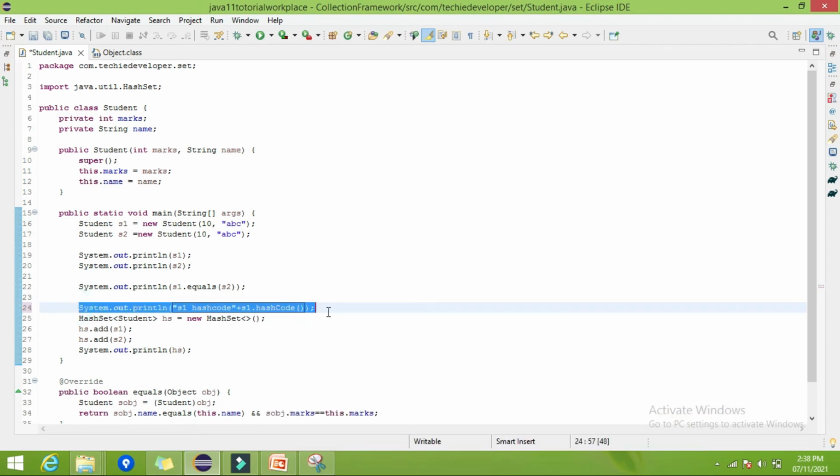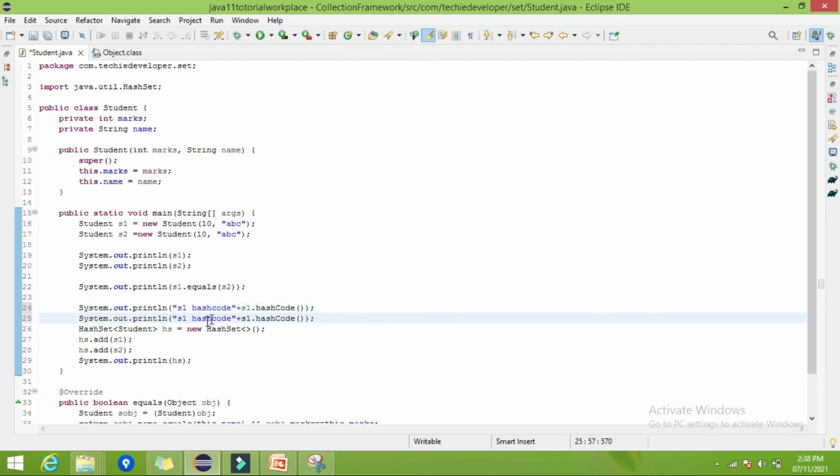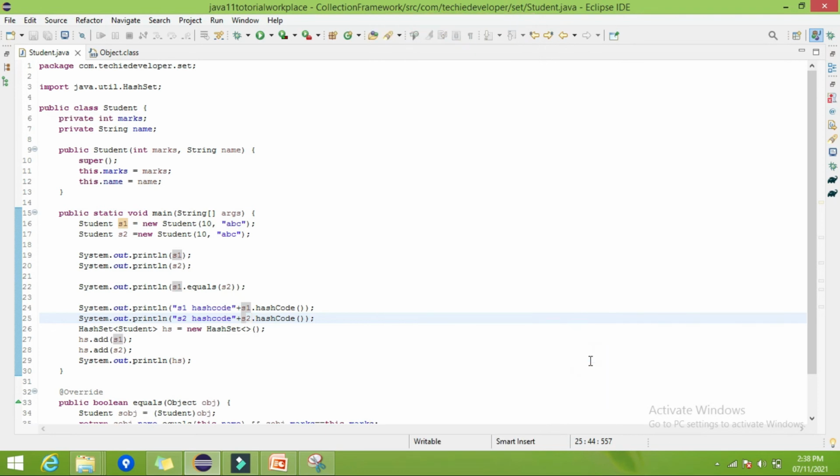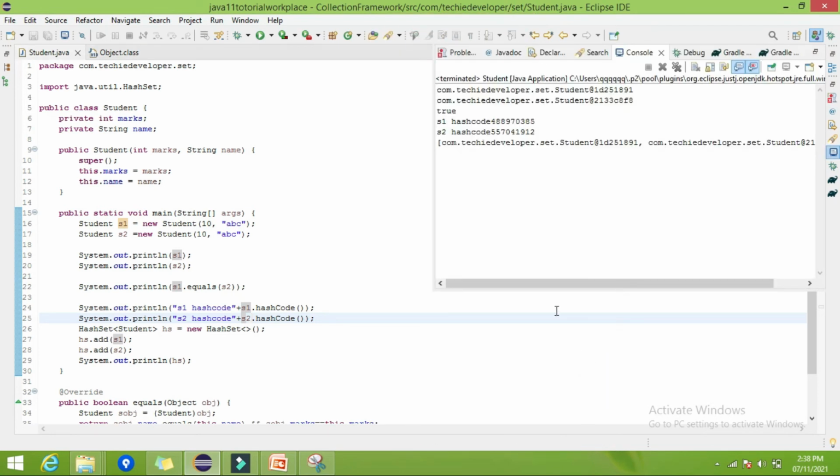Now try to print the hash code for s2. So here you can find the hash code for both the student objects are different.